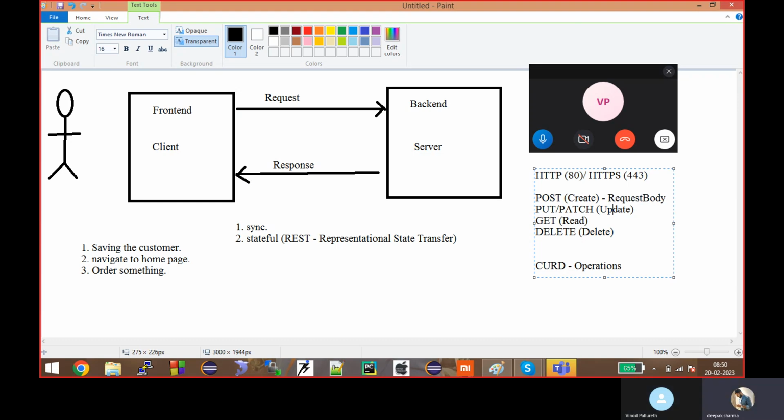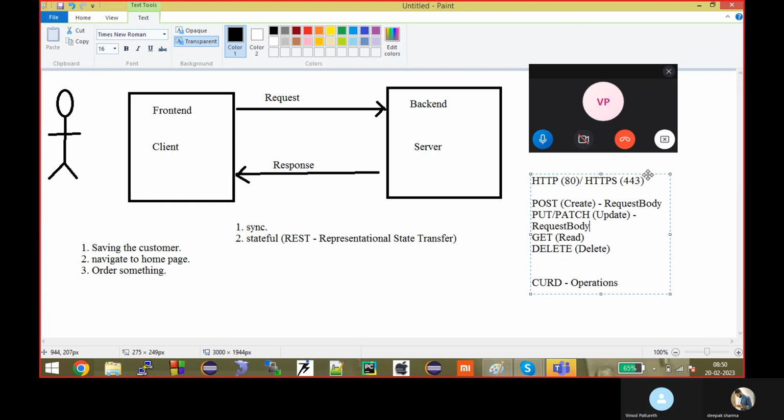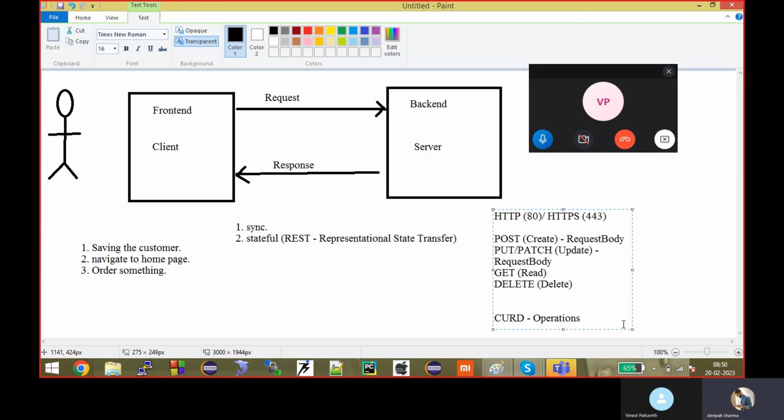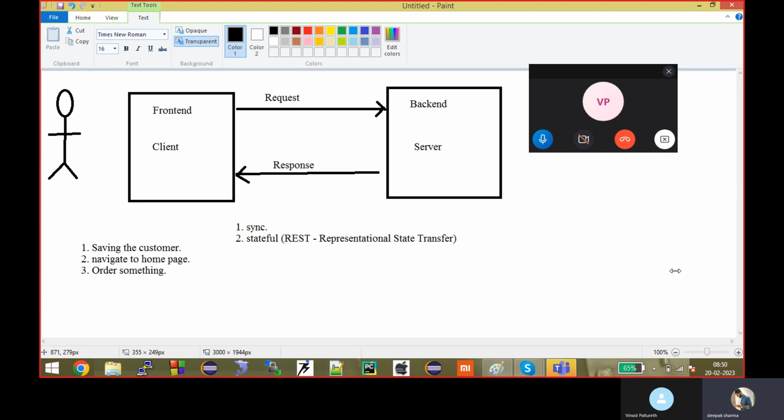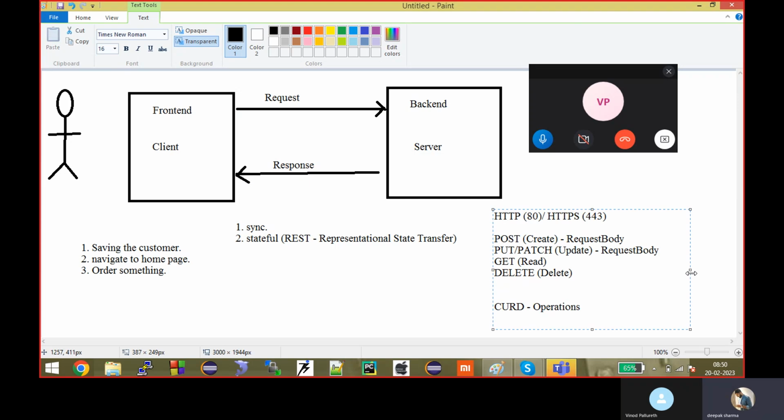If you have a request body, then the request body will be in post. In patch, we will also have a request body because we will send what we need to update. If I need to tell someone that I need to update these things, then too I need to pass it in the request body. So post, put and patch have